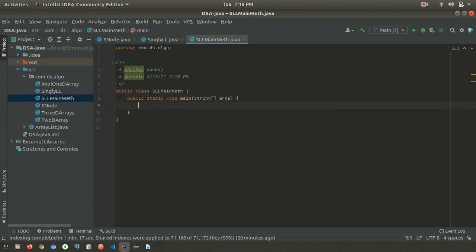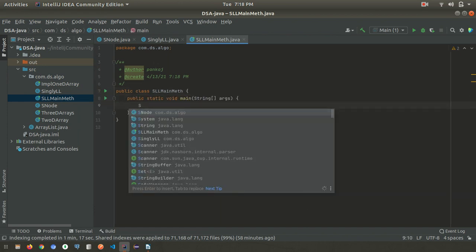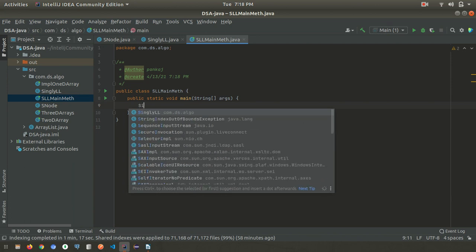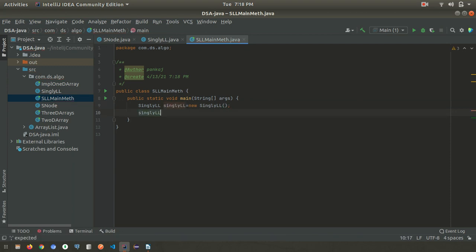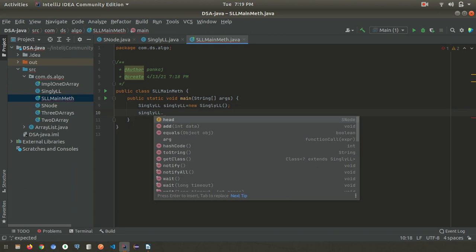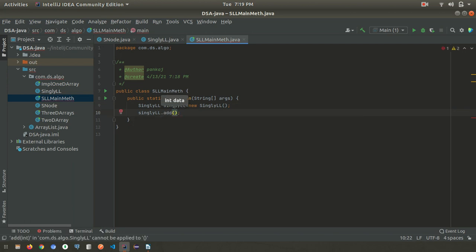We can write main, then SinglyLinkedList singlyLinkedList equals new SinglyLinkedList, then singlyLinkedList.add. So the first time we are going to add 1, so it will be created and it will act as the head, and singlyLinkedList.add of 2.